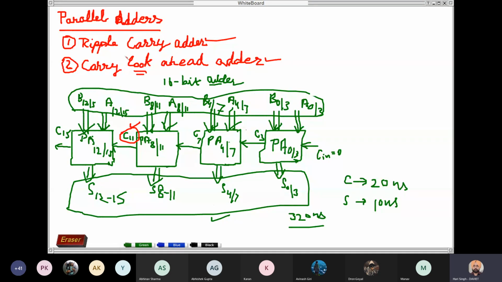Okay, so to calculate carry, it considers the current bits of the inputs, that is A, B, and the previous bits generated, so that we can have the carry at any stage of the adder circuit. So let us see how it performs the calculation.